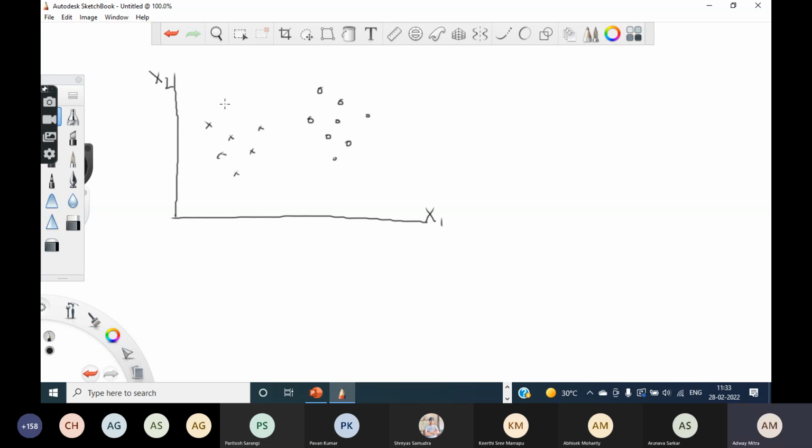So this is one data set. Okay, so consider this classifier W1, and consider this classifier W2. So between W1 and W2, which classifier will you prefer? See, both W1 and W2 are able